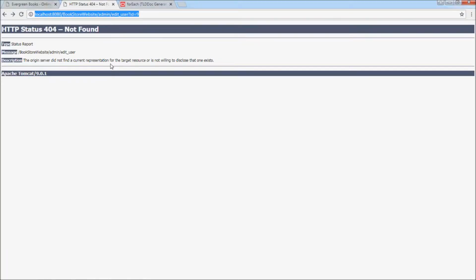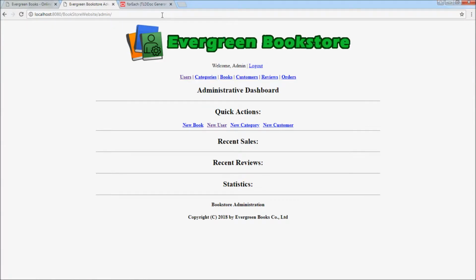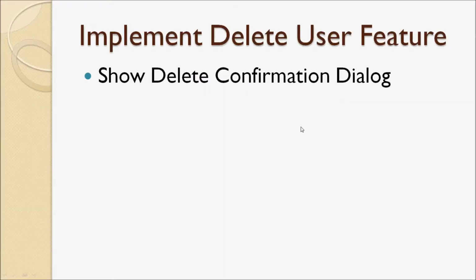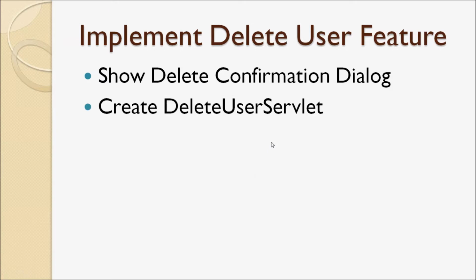When the user clicks the delete hyperlink next to a user here, you see, when the user clicks the delete hyperlink next to a user he wants to delete, the confirmation dialog appears. And then if the user chooses to delete the selected user,